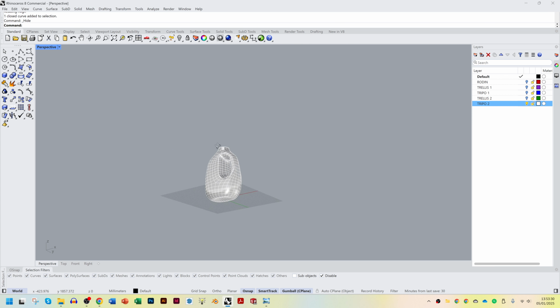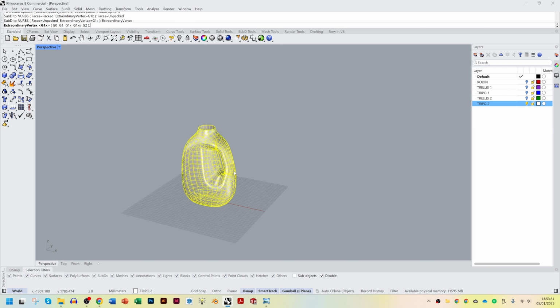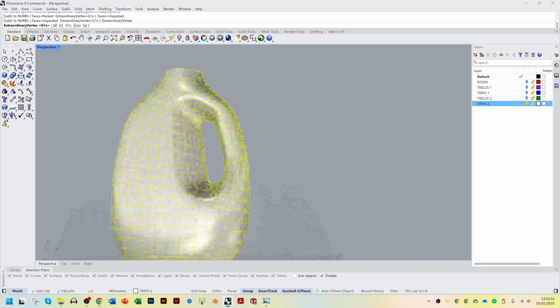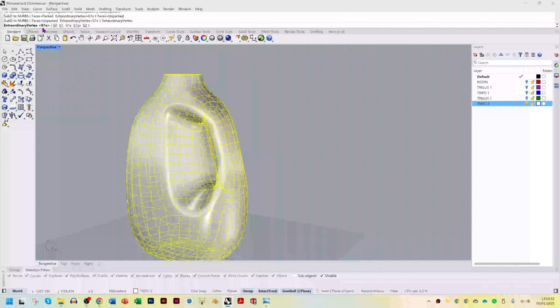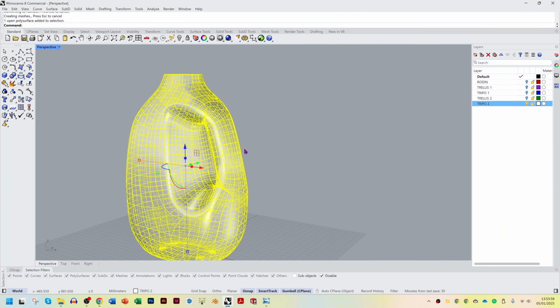And of course I could take this and convert it to NURBS. SubD options, delete input, no. So the SubD options here, I'm going to try unpacked. And I'm not going to try and force anything at the extraordinary vertex, I don't think. If I just do that G0 quickly, what you're going to find here,